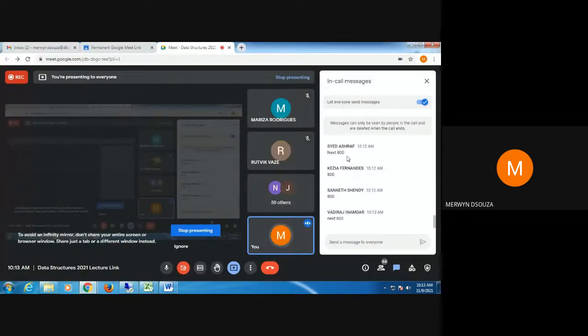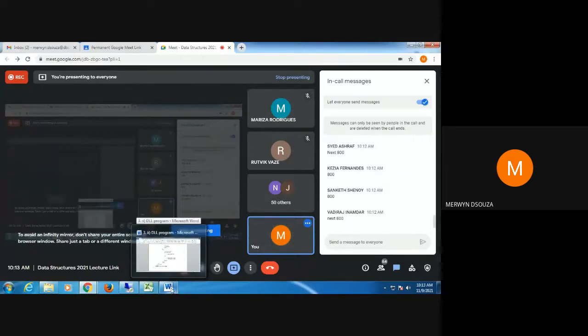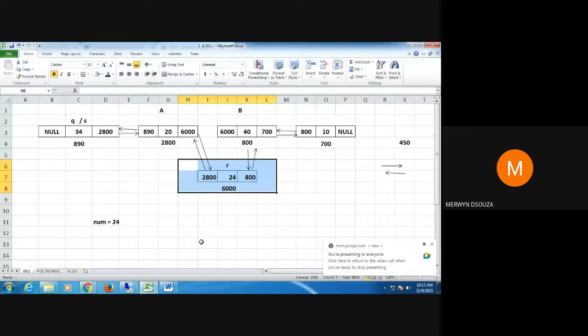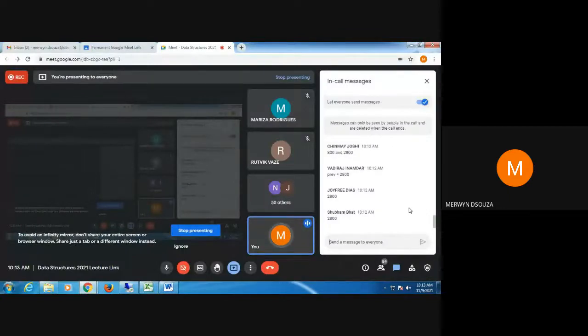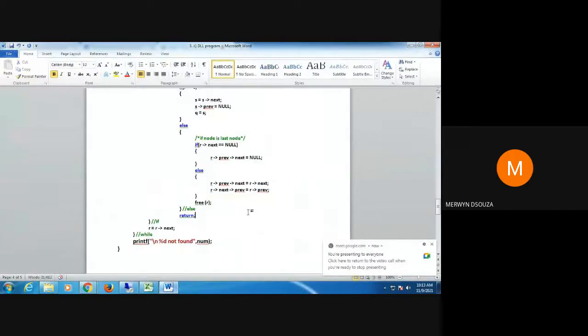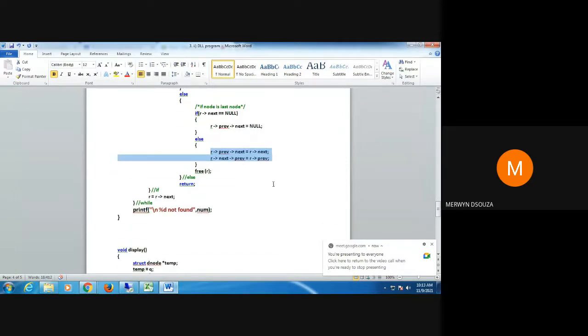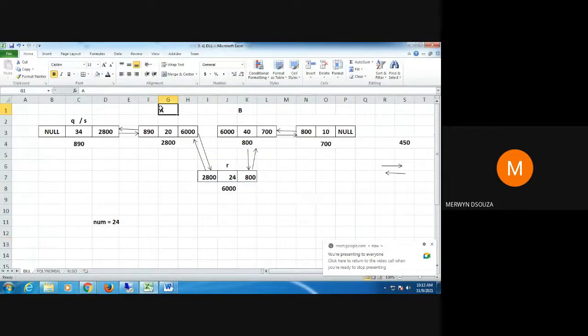Next part will be 800 and previous part will be 2800. Correct. All of you are correct. Okay, so let's do that. Now this is using the programming I taught you previously, in that add after function. As you can see in my diagram, these pointers I just wrote are not pointers. There's only one pointer that I have presently here. I do not have a pointer at this node. I do not have a pointer at this node. But I still taught you how to access this part.